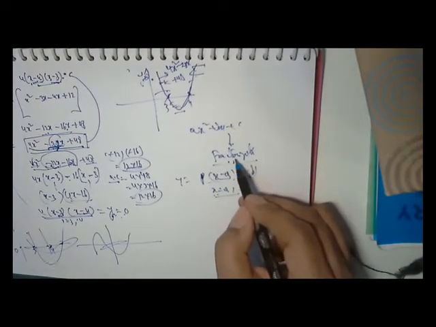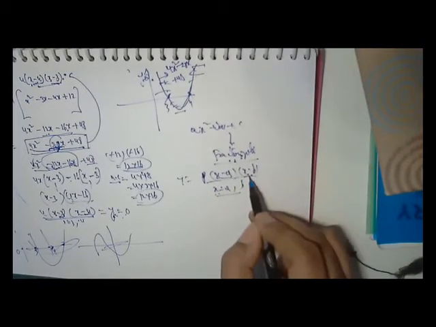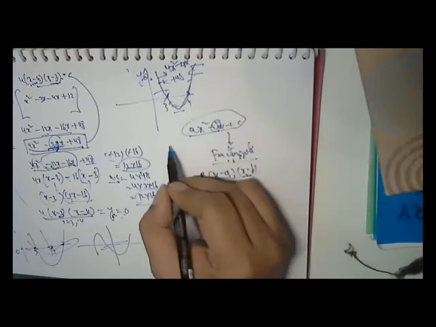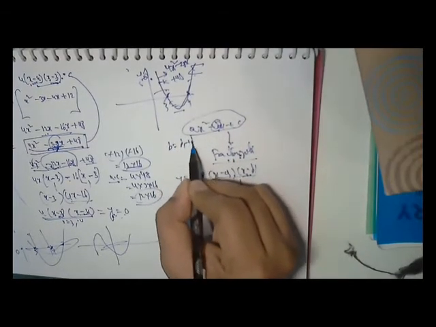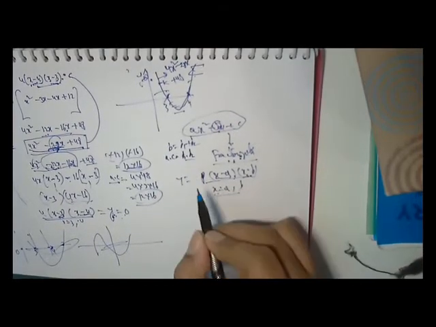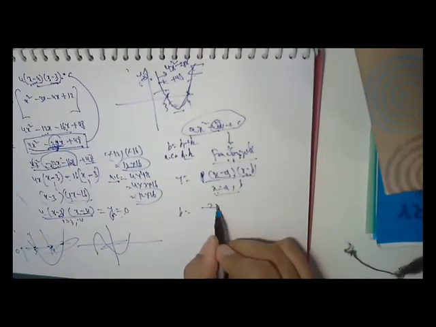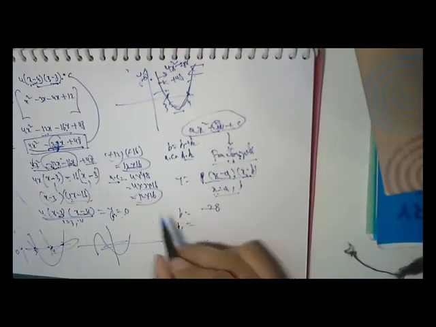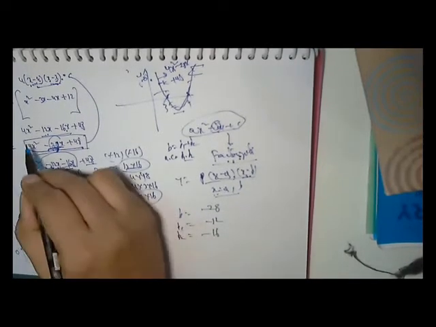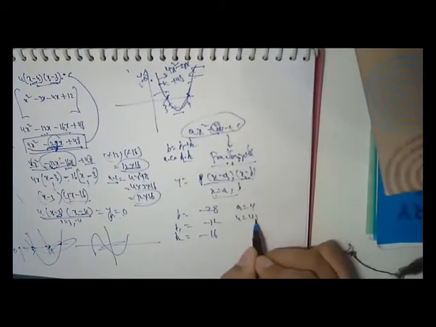So we have to find out factors of this. For finding factors, I have to find roots. For finding roots, I have to split this central term into 2 components such that b is equal to b1 plus b2 and a into c is equal to b1 into b2. So in this equation, what is b? B is minus 28. What is b1? b1 is minus 12. What is b2? b2 is minus 16. What is a? A is 4. What is c? C is 48. Now let us see.